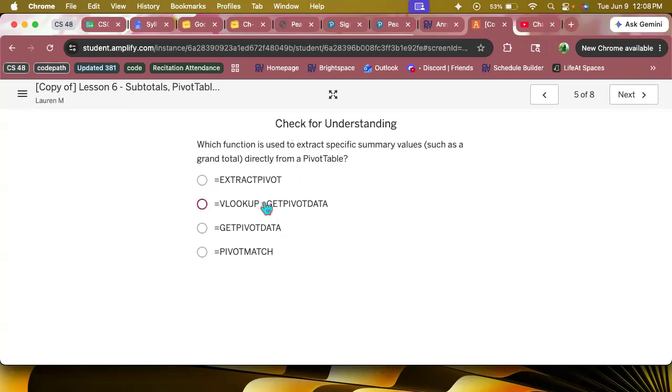Okay, there's a little bit of an issue here that they got copied together. But which function is used to extract specific summary values, such as the grand total, directly from a pivot table, right? So we want to get pivot table for this, right? Extract pivot and pivot match have nothing to do with this. VLOOKUP, right? We've done our V and our H lookup tables, but this is not necessarily for a pivot